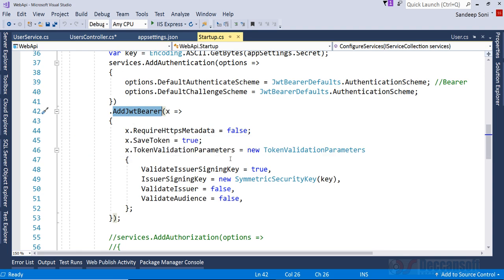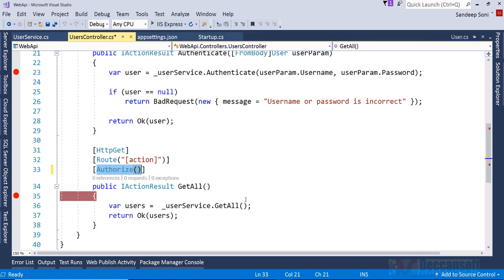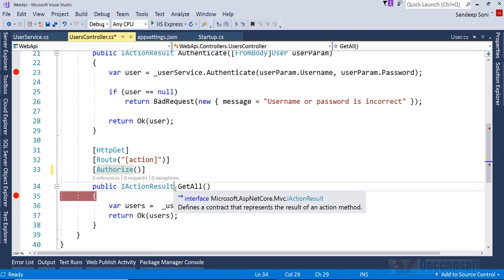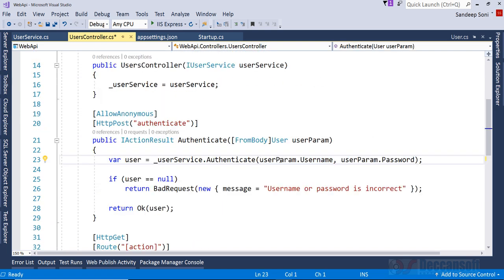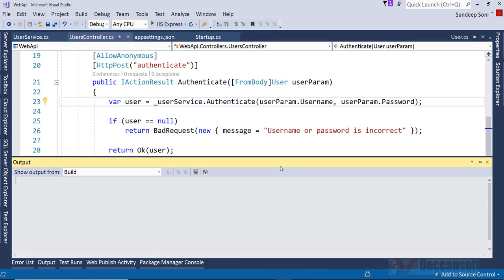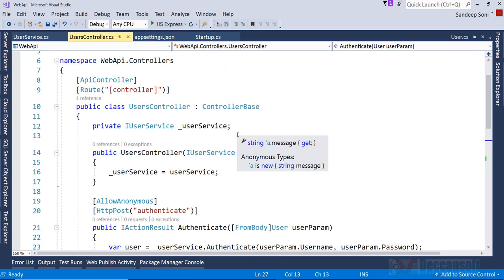So this service, which is injected through a middleware, is going to check if the token is there in the request or not, and if it is valid. Only if it is valid, then it will let the user to execute this. Where we are doing some code, dummy code, that is not of importance to us. What it returns is not important. Point is this method executing or not executing? That is what is important. So let me build this project and I run